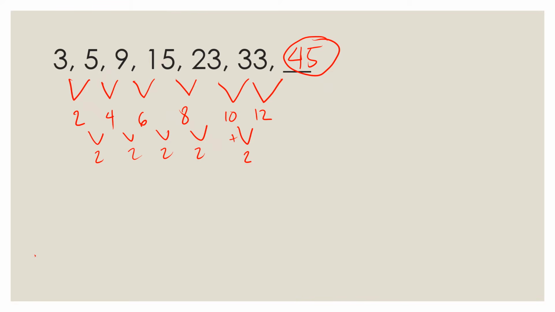Now the question is, do you need to do the third set of differences or the second set of differences? You actually don't need to find these. If from that alone you're already able to see the pattern 2, 4, 6, 8, 10, you would already say that, oh, the next difference should be 12. So 33 plus 12 is equal to 45. We only do the second difference if it's still not clear on the first difference what the pattern is.